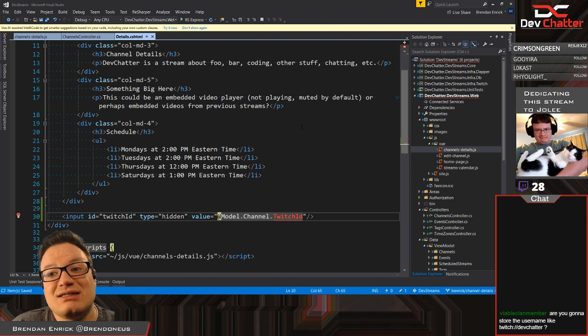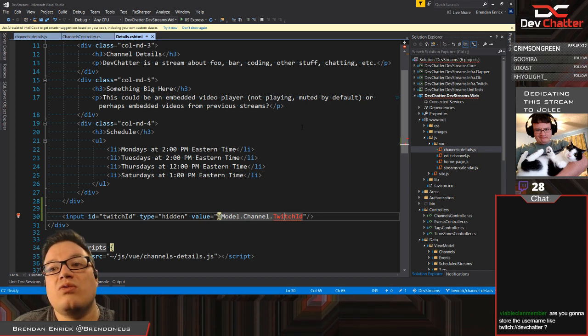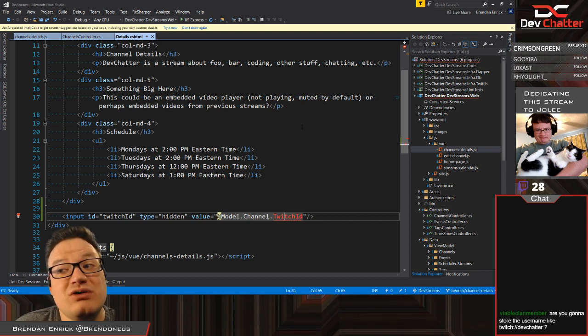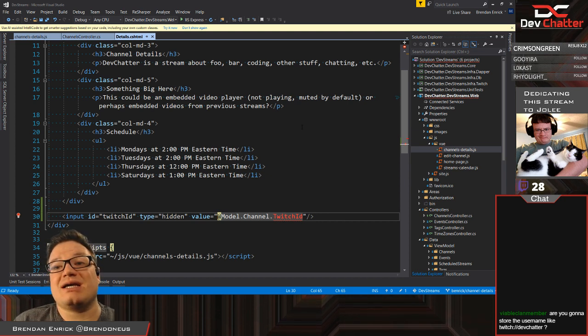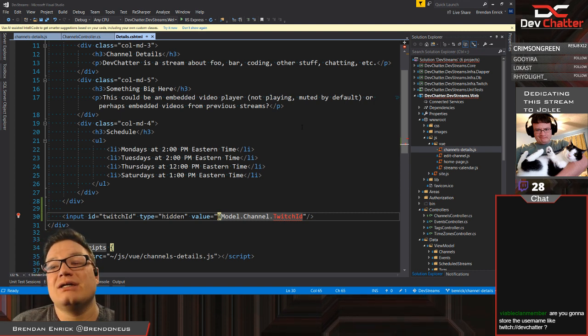In this case, are you going to store the username like twitch://devchatter? So I want to record which stream service they're connecting to. We currently assume Twitch. But in the future, we'll have them pick on the channel create page which one they're connected to, and that will be a separate table of data.